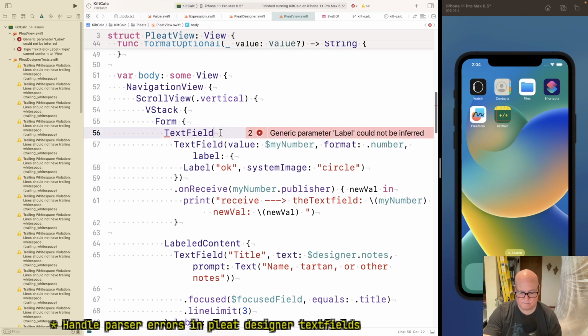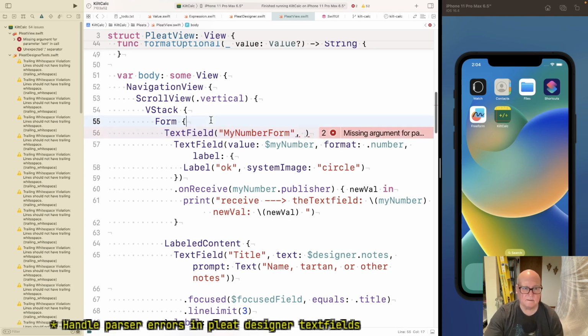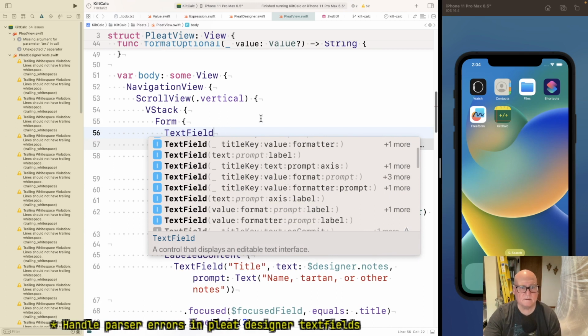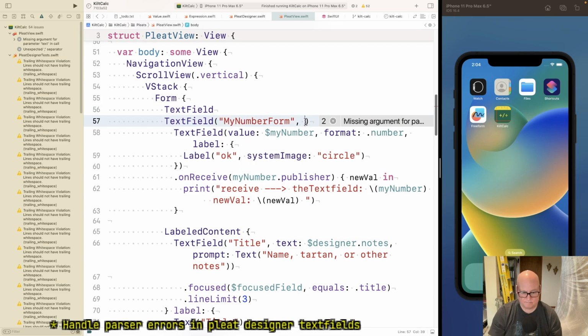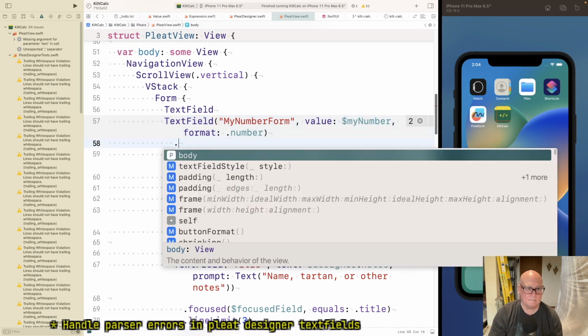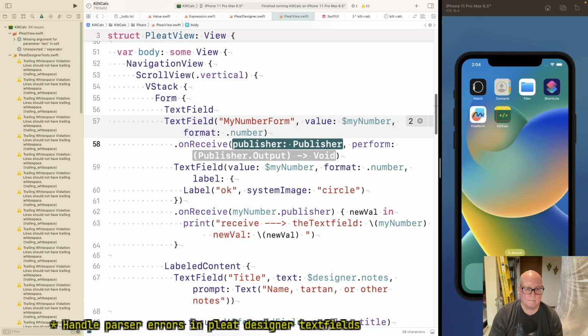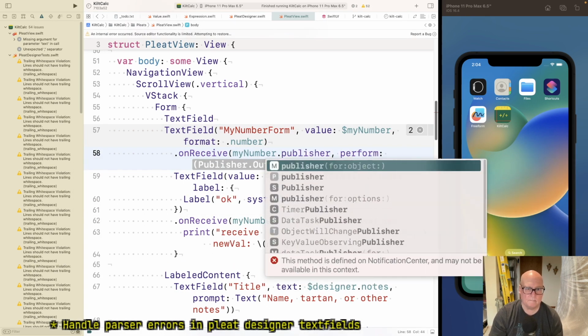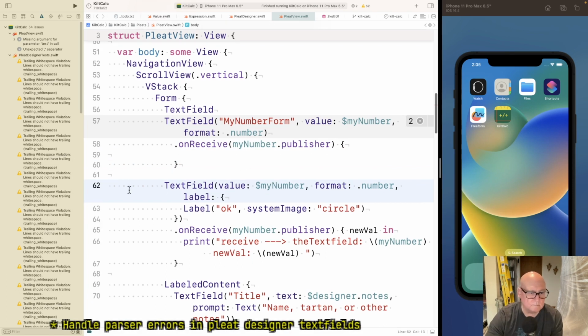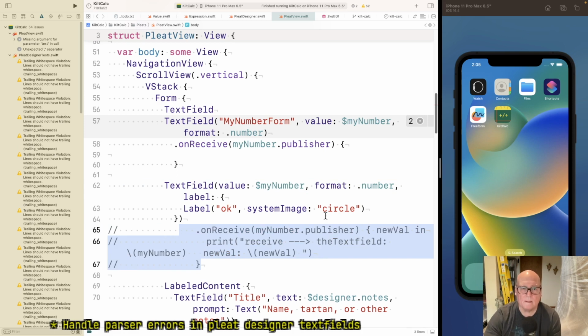Title key, value, format. Does that build?